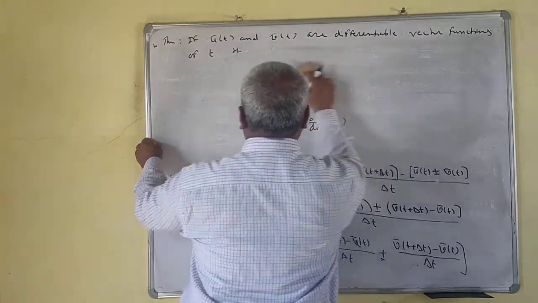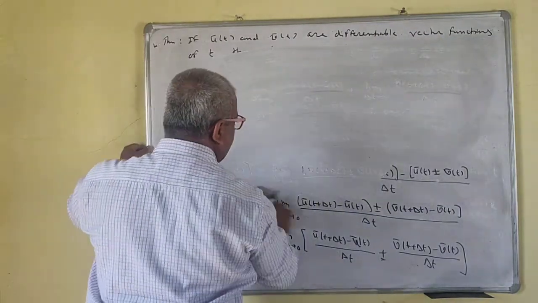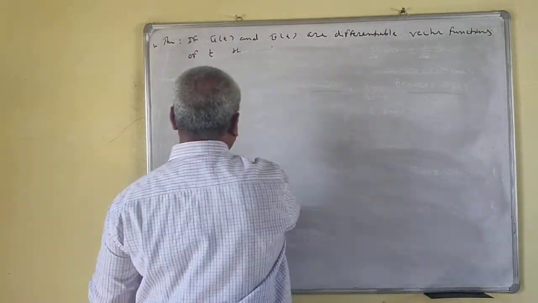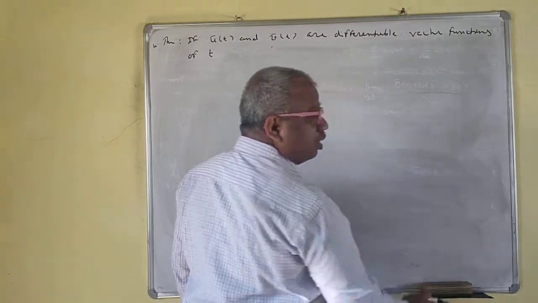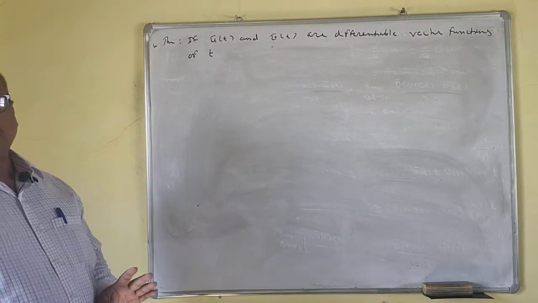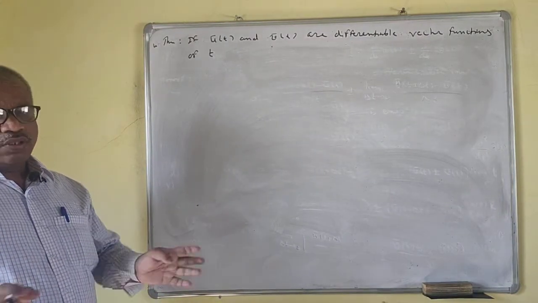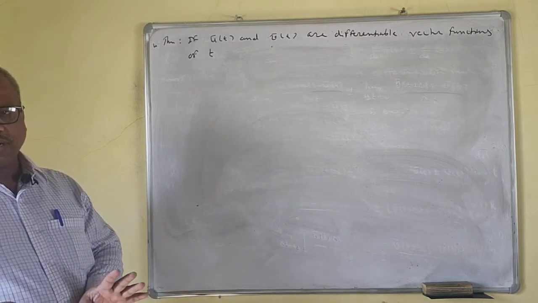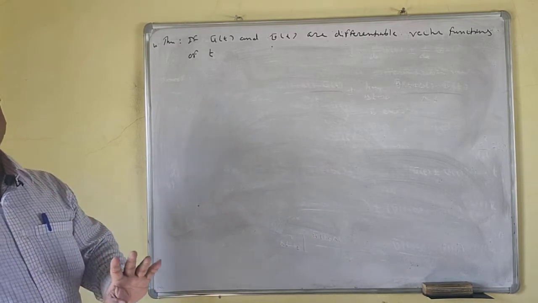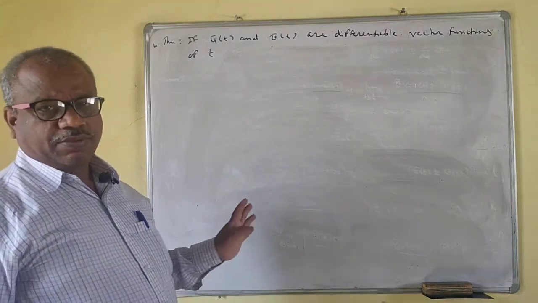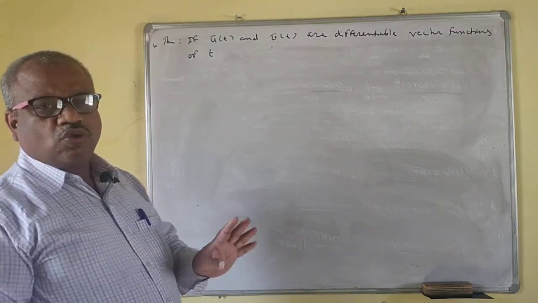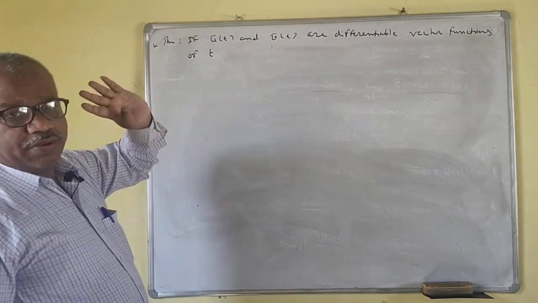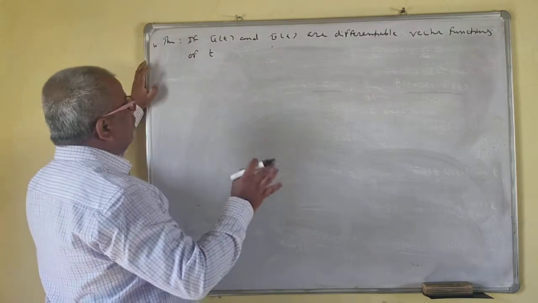Now we will take the next theorem, that is the product rule. For vectors, you can take the sum, you can take the dot product, you can take the cross product, or you can take the scalar multiplication of the vector. Okay, you cannot take the division of two vectors. a bar upon b bar is not defined here. So there is no u by v rule for the derivative of the vector valued function.